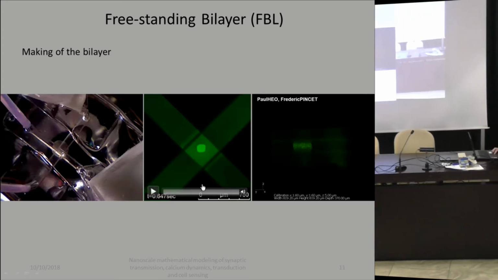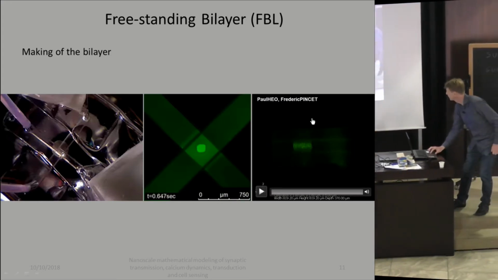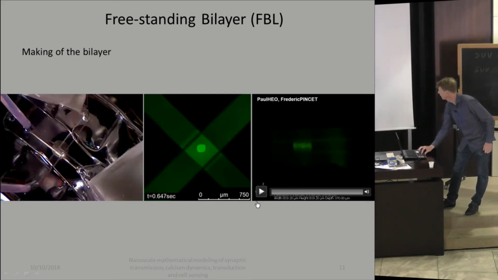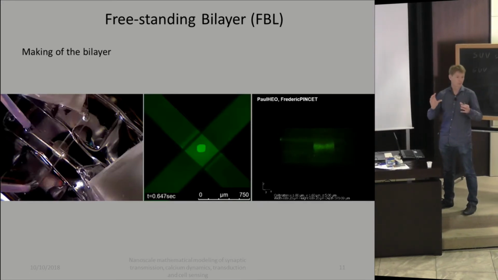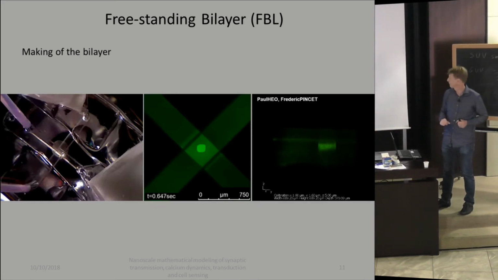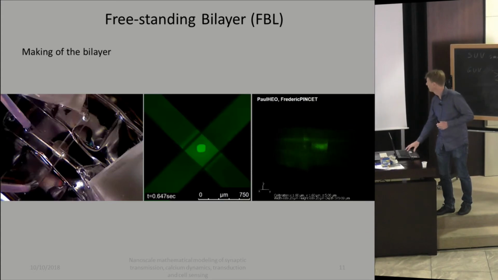And hopefully we can see it here. So this is a 3D view of the droplet of squalene. Yeah, so you rotate around it and you see it's more or less symmetrical. It's really inside the hole. Okay, so it's a 3D view.